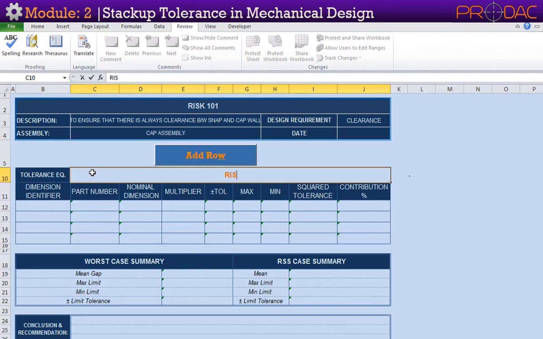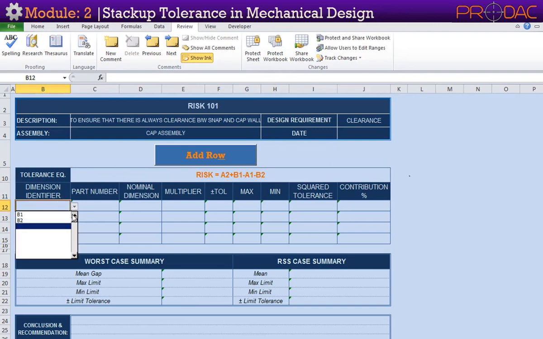Next step is to write down risk equation into specified place. Now we have to select the dimension identifier one by one from drop-down menu as per risk equation and use multiplier accordingly.